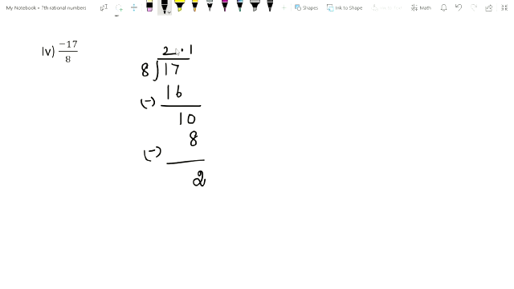So we can't divide, we already kept the decimal. So add 1 0. 20. In 20, how many 8s are there? 2 8s are 16. Now you subtract this, what will you get? 4. Next you add 1 0, 40. In 40, how many 8s are there? 5 times. So 5 8s are 40. Subtract this, what will you get? 0.